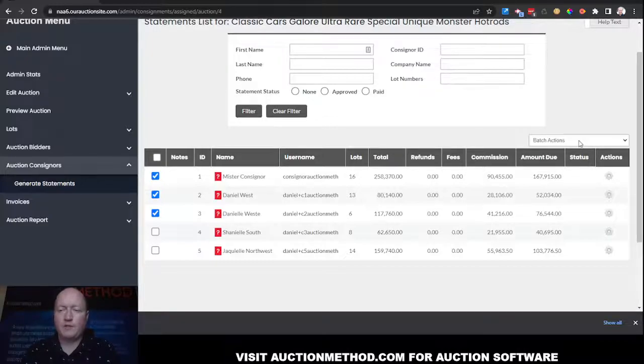And so for each of the options, you can either do it to everything in the list, or you can perform that action against only the selected items. So for example, you can email them, meaning you can send the statements out to the consignors. You can print them, you can download them, you can mark them as unpaid,